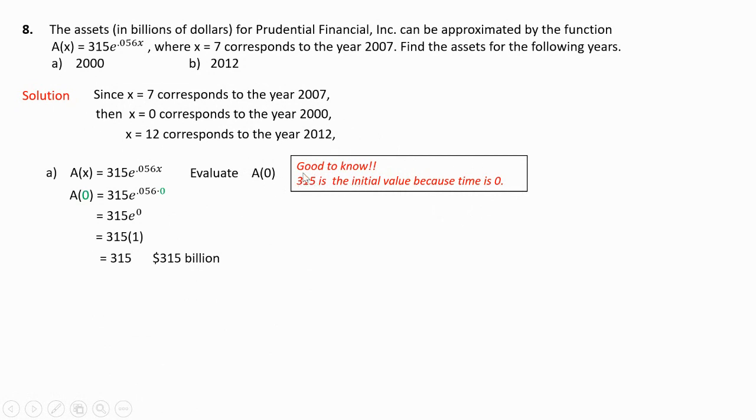Because remember with the car, with the Toyota Prius, when it was x equals 0, that was the initial value, the price of the car from the beginning. So this is something similar. So evaluate at